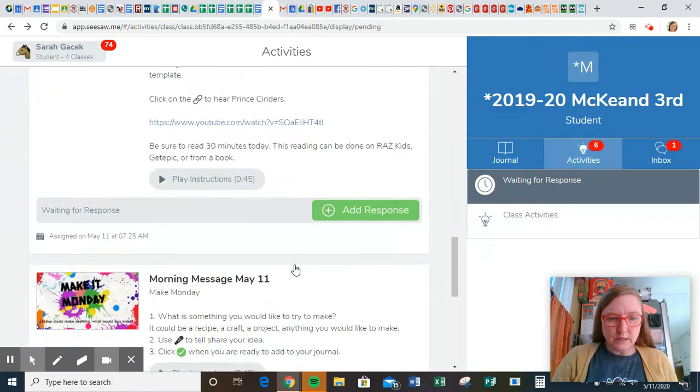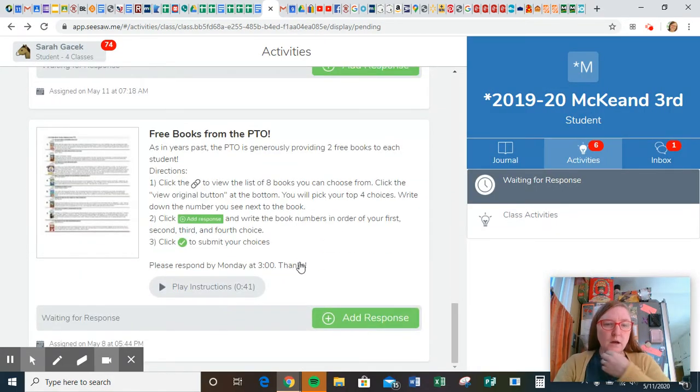If we scroll down to the very bottom, this one isn't necessarily an assignment, but remember how when we are in school in the springtime, we get to go into the gym and you get to pick out 2 free books? Well, they're still doing that this year, although you don't get to go into the gym to pick them out. So what they're going to do is, let's click on add response